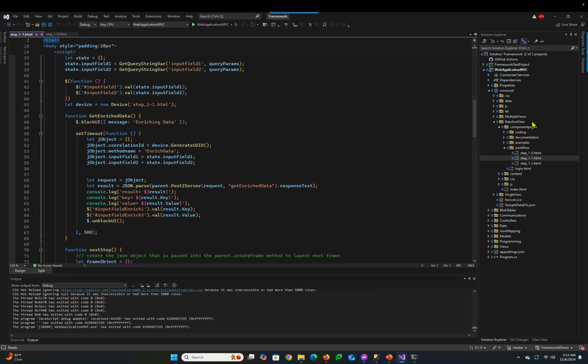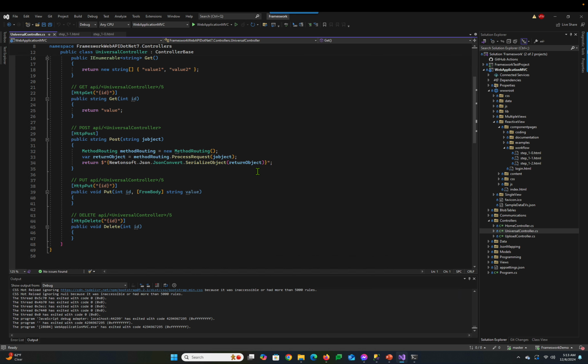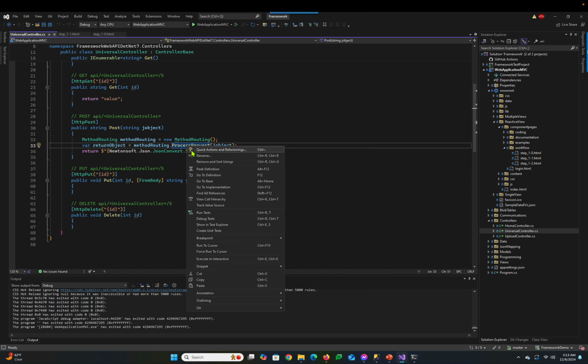So just to give you an example, if we were to go in and look at the controllers, you'll see that the primary controller is universal controller. And you'll notice there's the sample template, but this is the method that's always used. Basically what it'll do is you'll pass in as a string, stringified JSON. It will process the request, and that will actually, if I can jump down to there,